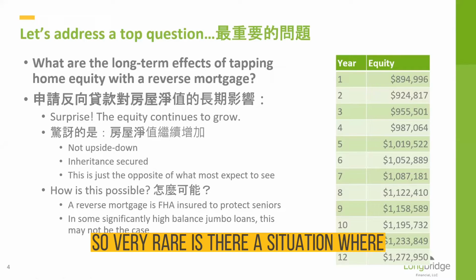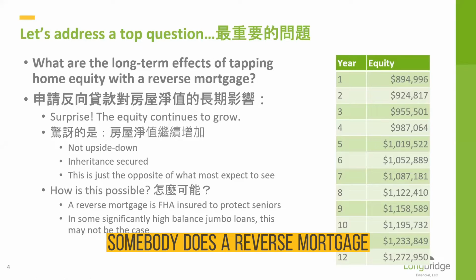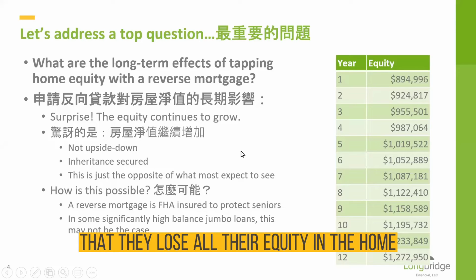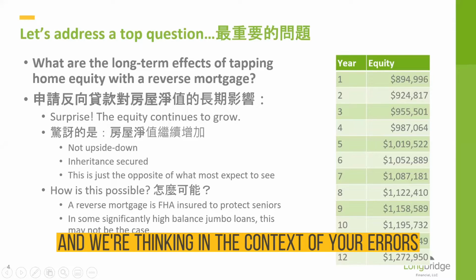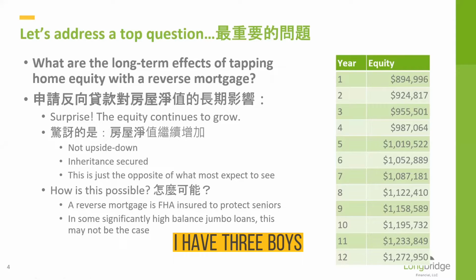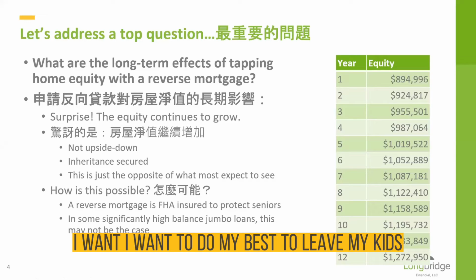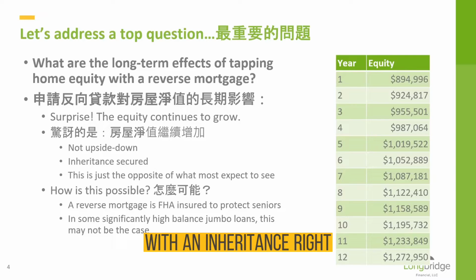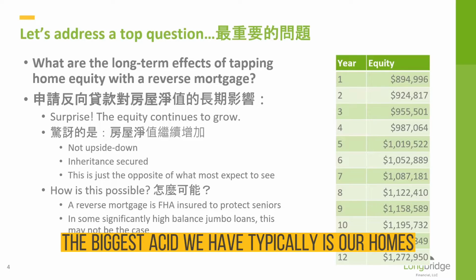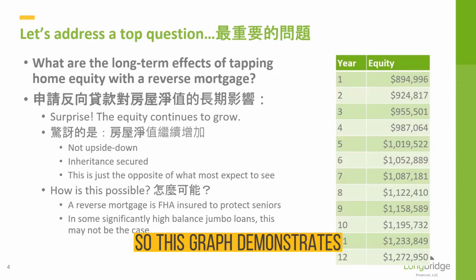So very rare is there a situation where if somebody does a reverse mortgage, that they lose all their equity in the home. And we're thinking in the context of your heirs. I have 3 boys, and when God takes me home, I want to do my best to leave my kids with an inheritance, right? The biggest asset we have typically is our homes. So this graph demonstrates,